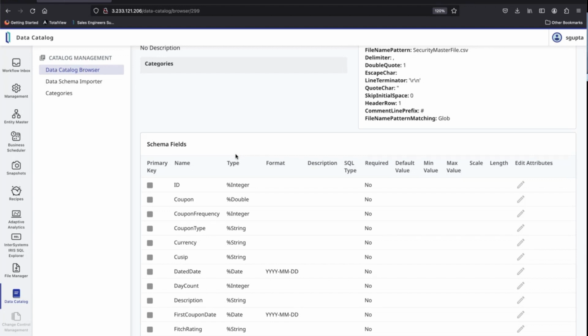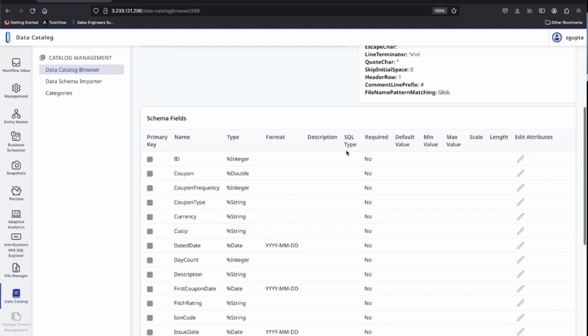It's created a schema, which we are able to go and edit ourselves if we find that the automated schema reader didn't do a good job. We might want to edit one of these fields and change it. You can also specify primary keys, etc., which are beneficial for the purposes of indexing within the data model.